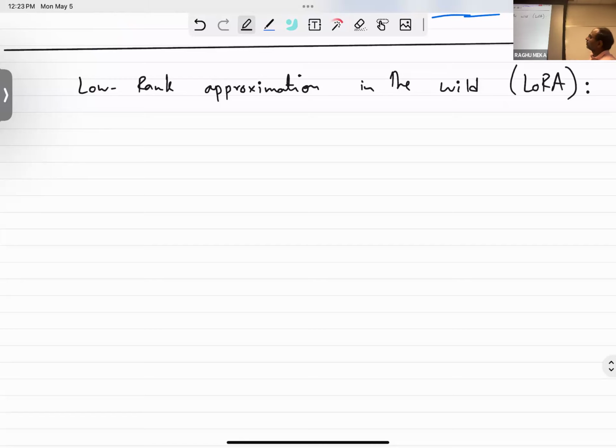Okay, so nowadays you also have this thing called low rank approximation, which is used for fine tuning large language models. Right. So the underlying principle is the same. It's very difficult to work with full matrices. So one of the simplest assumptions you can make to avoid this bottleneck is to assume low rank. Okay. So in many large language models, for example,